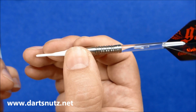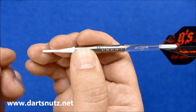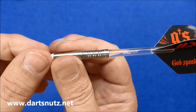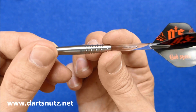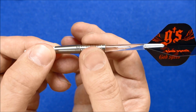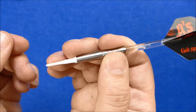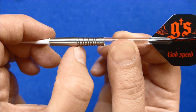It kind of feels grippy itself, just because it's kind of like slick, like I have experienced with the smooth barrel darts in the past. But a lot depends on the grip and the oils and that of your own particular fingers. I don't have a problem with smooth darts really, but it's always nice to have a bit of grip. And I would say the grip on these, it's a very nice kind of a,